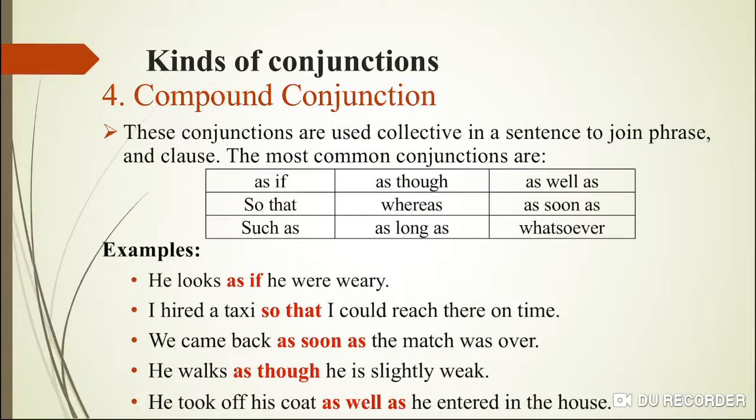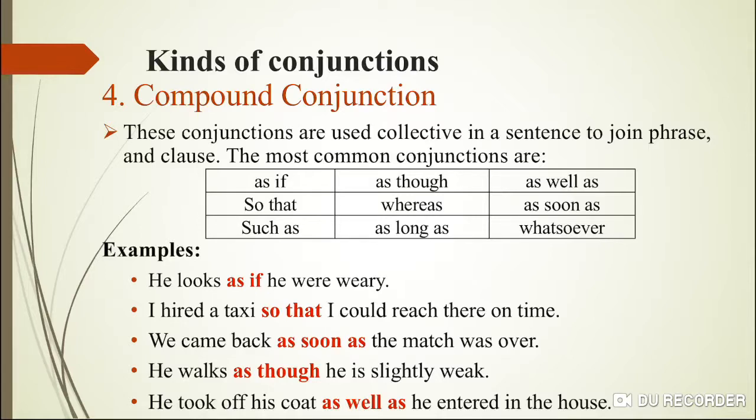clear. Then compound conjunction. कंपाउंड के वर्ड से समझ में आ रहा है कि ये क्या होंगे. These are the group of words and these are the phrases which are used in the sentence in such a manner that they would give their own meaning in a sentence. ठीक है, ये कंपाउंड इसलिए हैं क्योंकि यहाँ पे सिर्फ एक लफ्ज़ इस्तेमाल नहीं हो रहा है, पेयर नहीं इस्तेमाल हो रहा है, बल्कि एक कंप्लीट फ्रेज़ इस्तेमाल होती है जिसका अपना मीनिंग होता है, बट वो सेंटेंस में कंजंक्शन के तौर पर, ज्वाइनिंग वर्ड के तौर पर या ज्वाइनिंग फ्रेज़ के तौर पर इस्तेमाल होती है. और जब वो ज्वाइन करती है तो they would